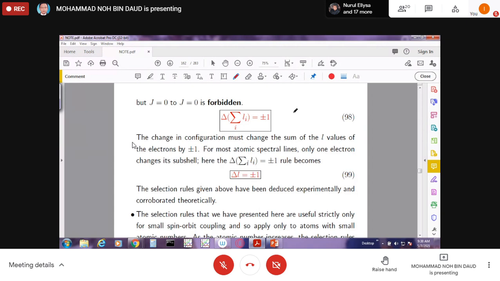Let's say 1s to 2s. Promoting one electron here is allowed, due to the fact that this rule, I am talking about this for the light atoms, we can use this rule where here the total L here,